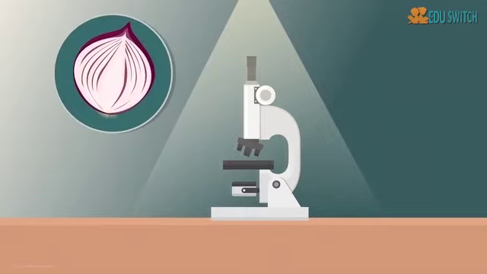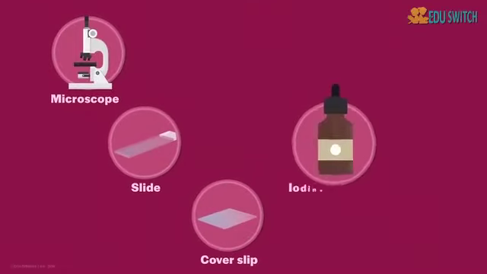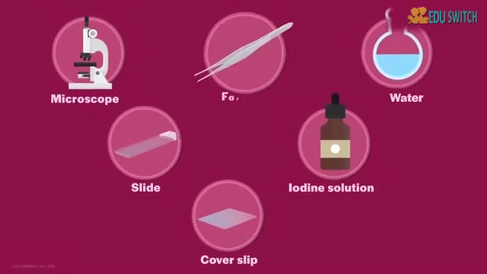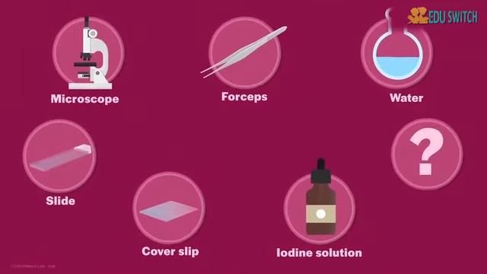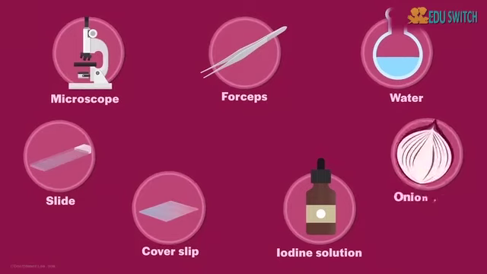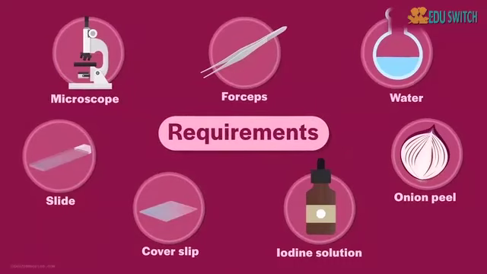But before we begin with the procedure, let's first collect the necessary requirements. We will need a microscope, a slide, a cover slip, iodine solution, water, and forceps. Anything else we're left with? Well, the most important of all is the specimen, that is an onion peel. Now that we're all set with the equipment needed, let's begin with the amazing experiment of observing the onion cells